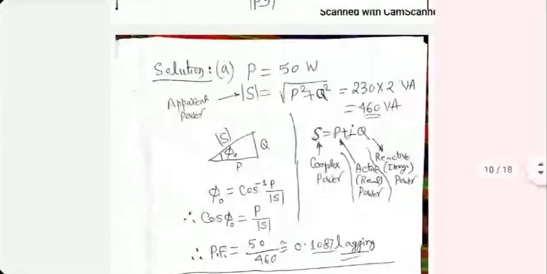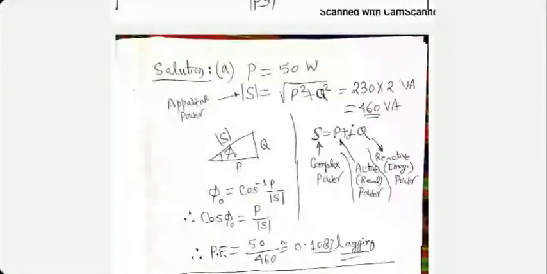If you draw the power triangle, the value of P is 50 watt. On the inductive side, you will have the reactive power in the core. It's a parallel circuit of R and L. L will consume only reactive power. So the simplest method will be to draw the power triangle.